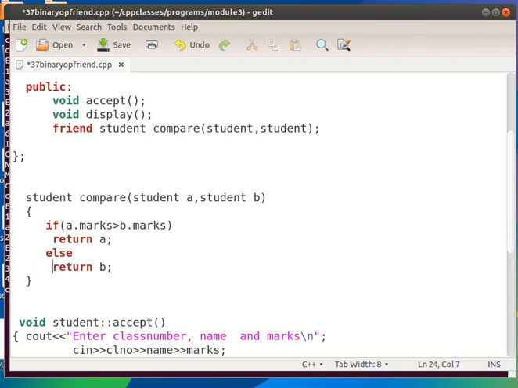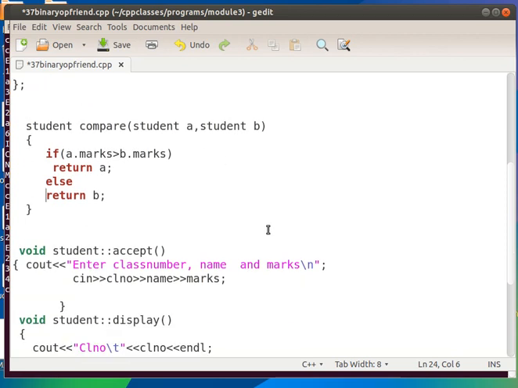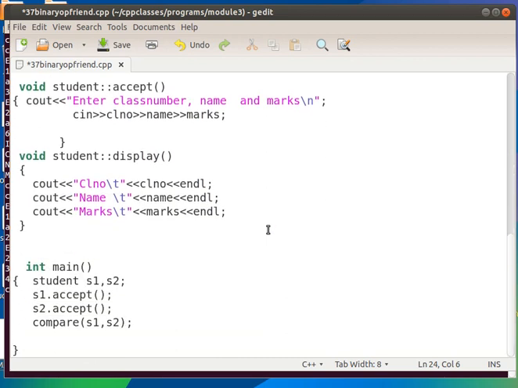Okay, so I can compare marks of A and B because the copies of S1 and S2 are obtained in A and B respectively. So if A dot marks greater than B dot marks, return A, else return B. So the object having the highest marks will be returned here.